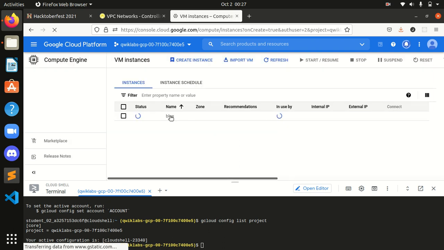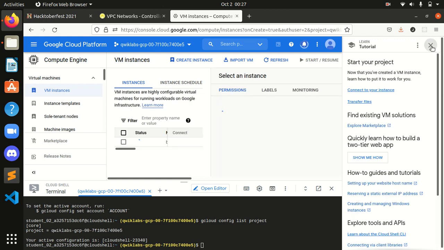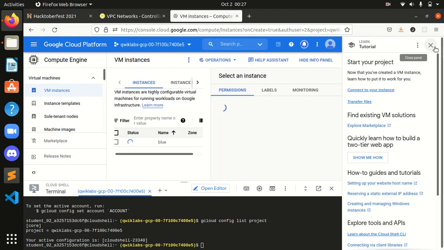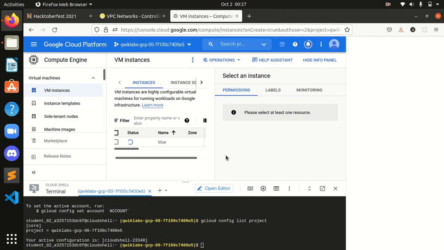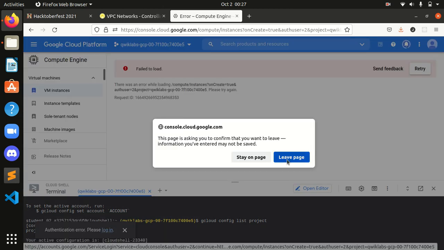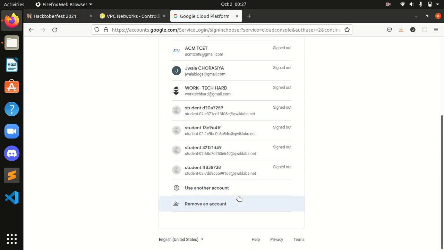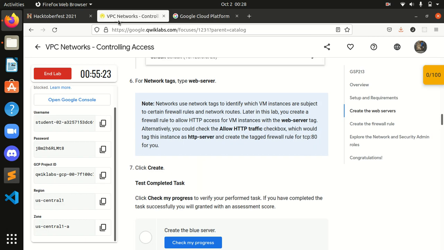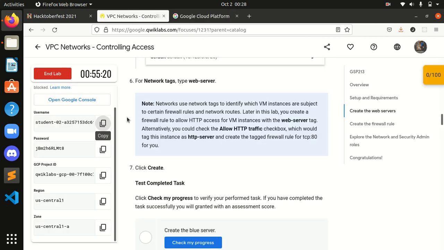As you can see, guys, we have created our VM instance, this server over here, named blue. Okay, I think I should log in again. Sometimes this may happen, guys, so don't worry, log in again in the console.